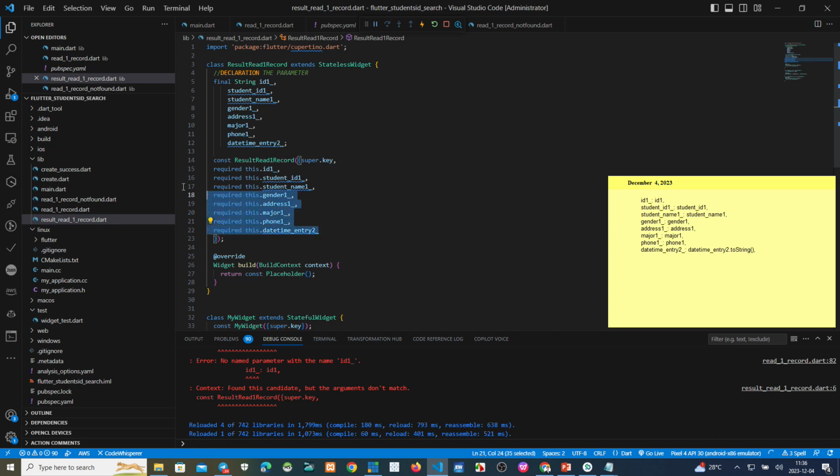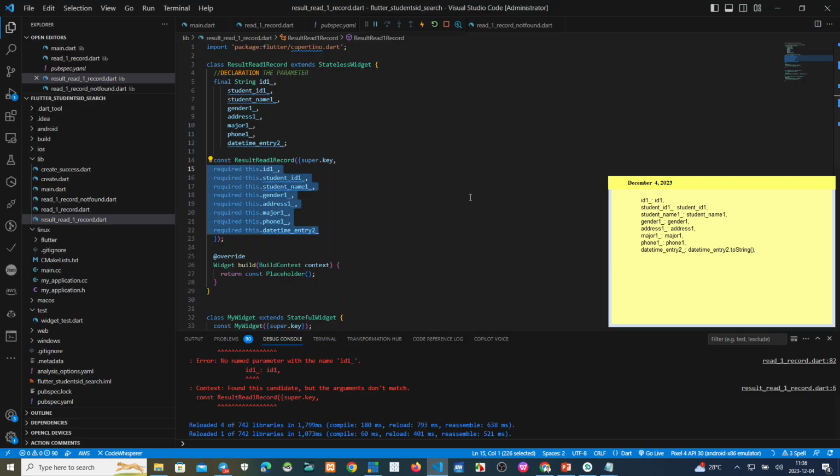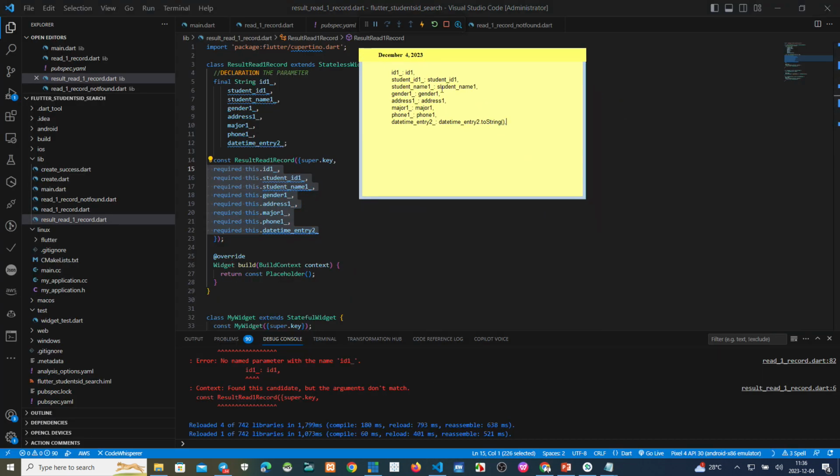We have received these parameters from the previous page. I think you can see this is the same. You send from the previous page this one, ID underscore student ID 1 underscore, and then we must use the same parameter name.